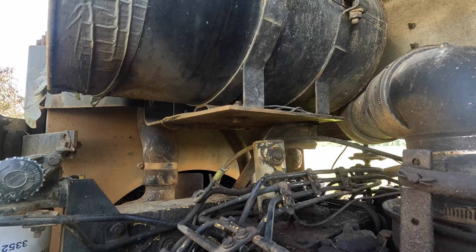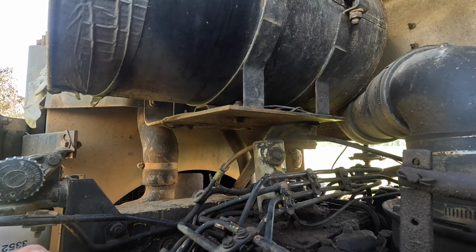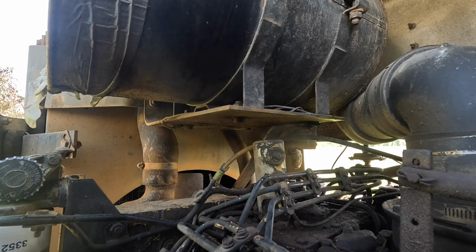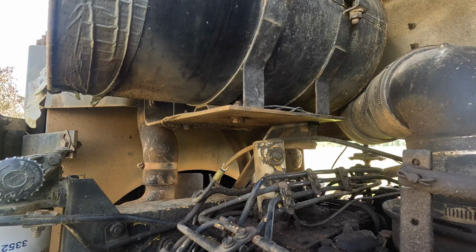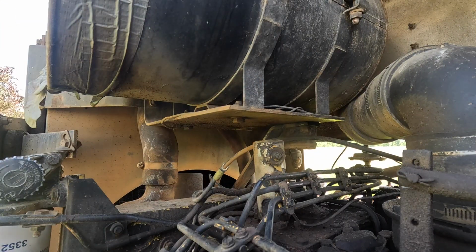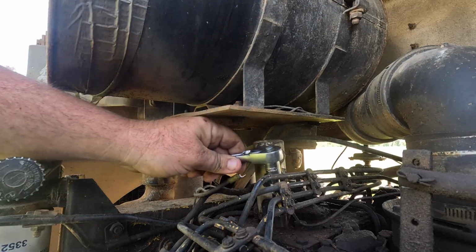So I knew that it wouldn't just be a simple procedure. I should have known from doing that other one a while back, but I gotta go get a 7/16 wrench to get in there, which is how we did it on the last one, because you can't quite get a socket in. Maybe if I get the extension, I could do it. Let me go over here to the pickup and grab some stuff. All right, we also got some of the magician's helper here, in case we need that to help clean in a minute. But I'm going to try the extension first. That gives me enough to,